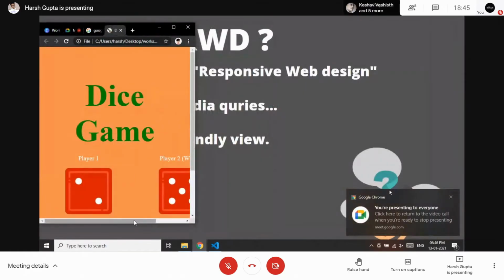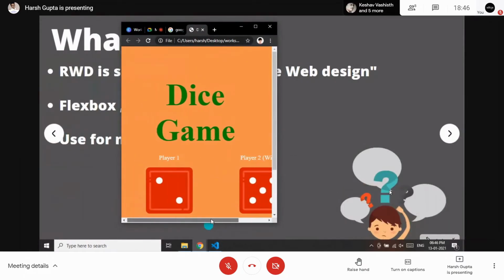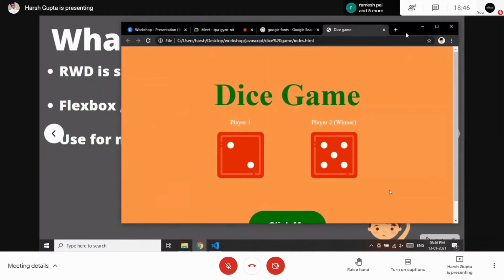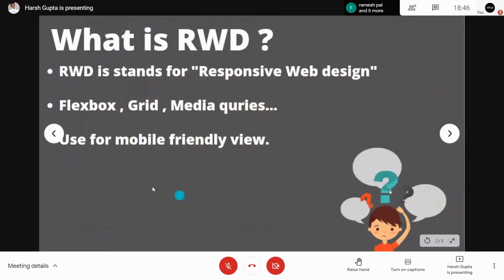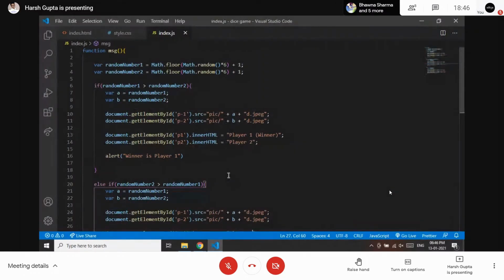you can see there is a scroll bar here. Let me zoom in. Okay, there is a scroll bar here, which means it is not mobile friendly. I need to make it mobile friendly as well so that the user can have a good experience. So I need to resolve it, and here come Flexbox and media queries. Let's jump on to responsive website design.